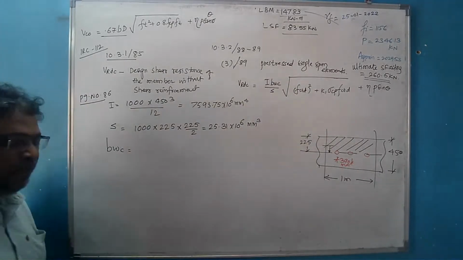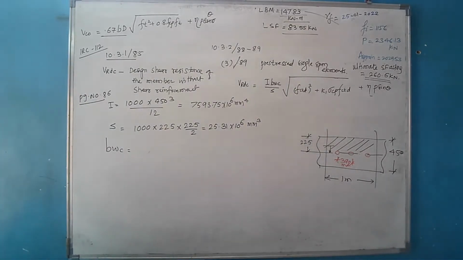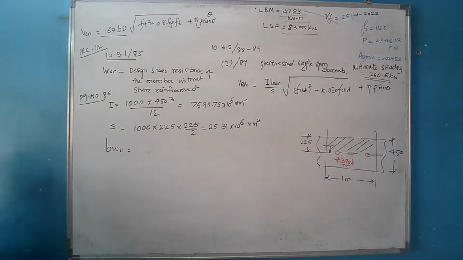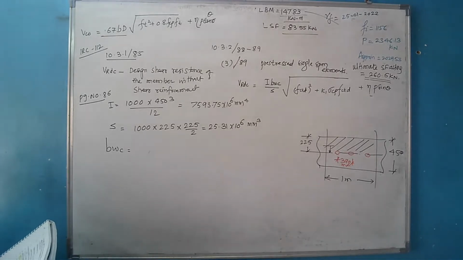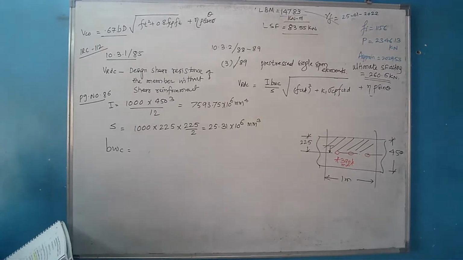क्या करना चाहिए BWC के लिए? Are you referring the code? प्लीज रेफर IRC 112. मैंने पहले बोला आपके पास ये सब IRC अवेलेबल रहने चाहिए. मैं सिर्फ यहाँ से कितना भी चिल्ला सकता हूँ आपको. ये कोड अवेलेबल रहना चाहिए। अगर आपके पास है तो इट इज गुड, नहीं है तो मैं कुछ नहीं कर सकता, आई एम हेल्पलेस।